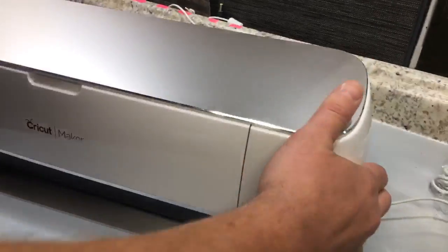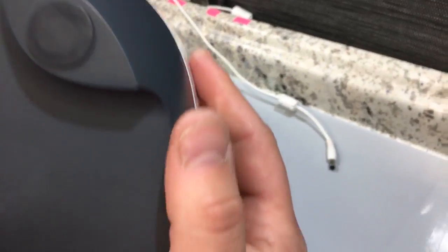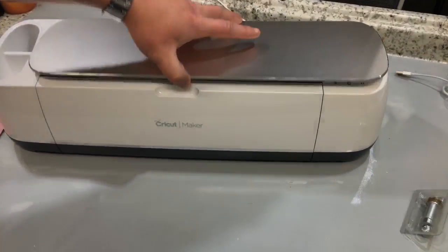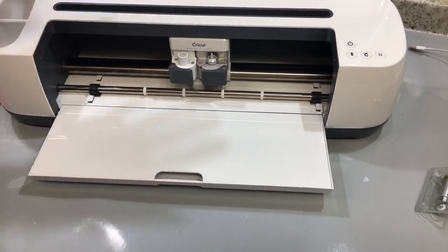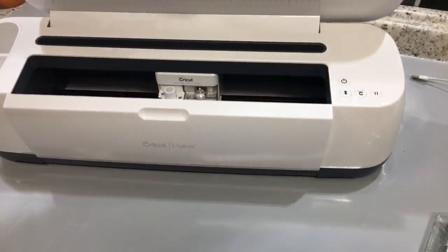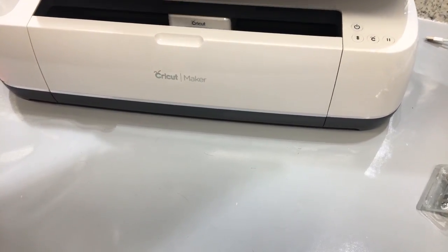Somebody was asking if it had rubber feet. Yeah, let's find out. I'm going to unplug this. Yes, it is kind of a soft rubber. It could be a silicone, but yeah, it's soft rubber. So once again, to open it, I saw that question come by. There's no open button. When you open the top portion, it automatically does this. Now, you can close this and close this independently, but it feels like there's a mechanism, because if I just do it here, it doesn't. But as soon as it gets right about...